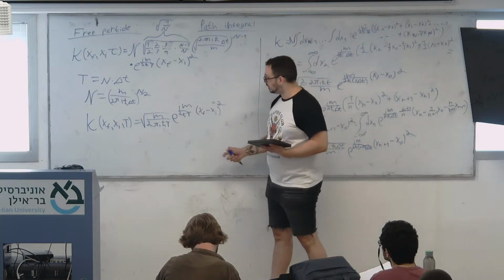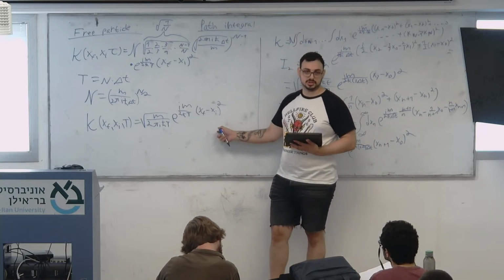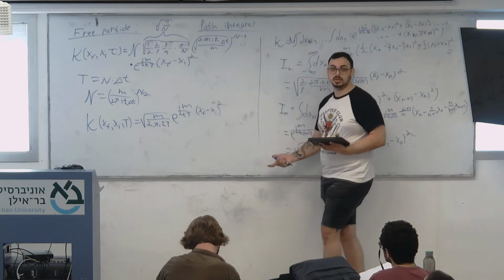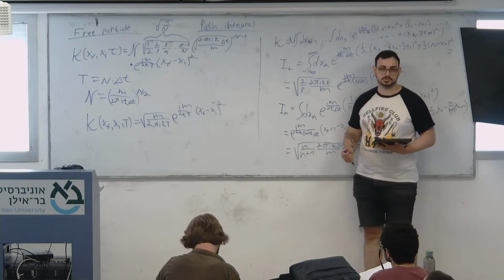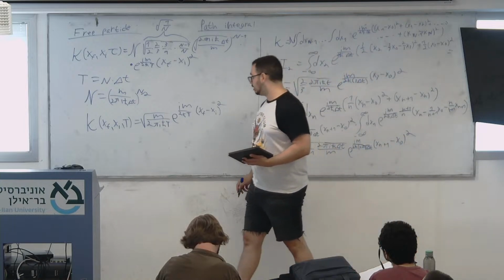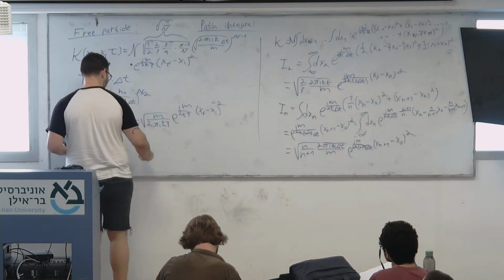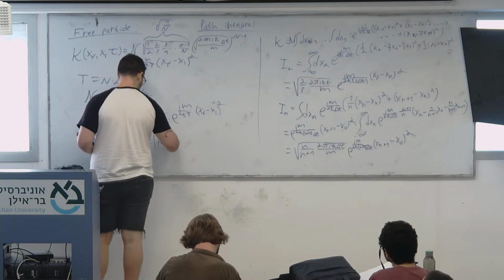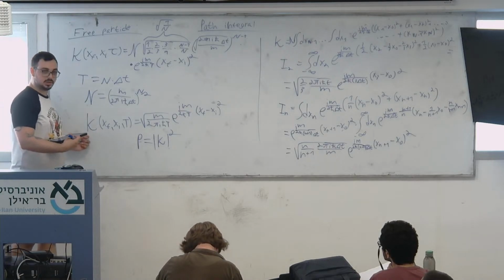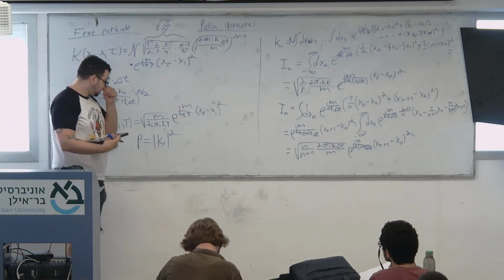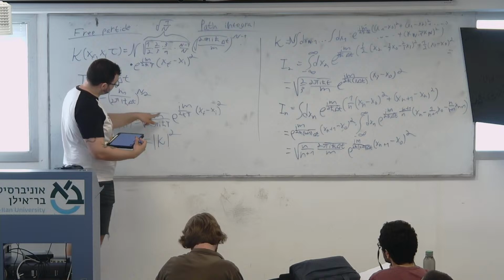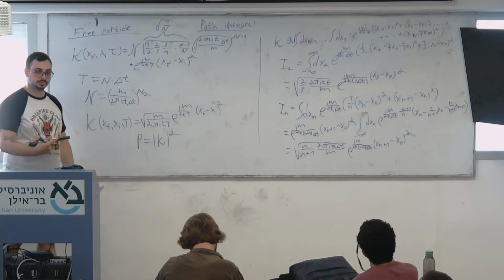Anyway, we see here that if we take this with the absolute value squared, we have equal probability to be anywhere in space, which makes sense. This is the free particle. There's no constraint on it. Remember, you remember that P from the start of the class, P equals the absolute value of kappa squared. So the absolute value squared of this function, this exponent will disappear, and we'll have some gain here. This will be just the absolute value of this square root.